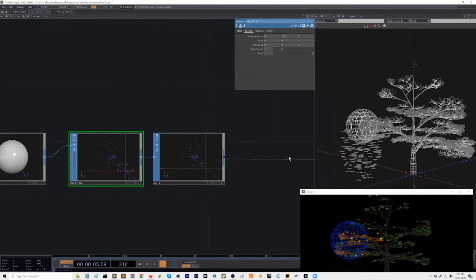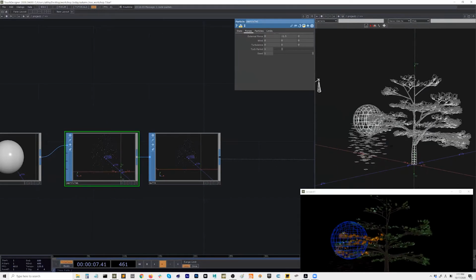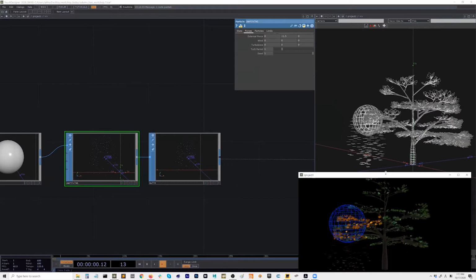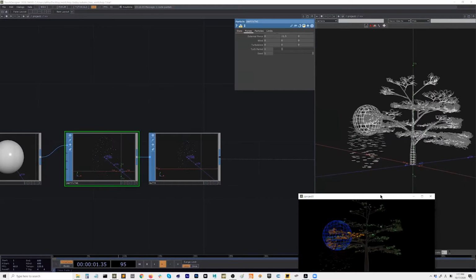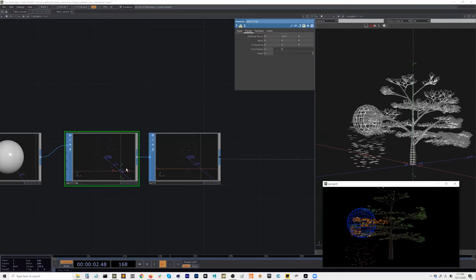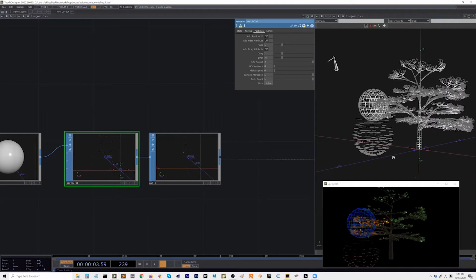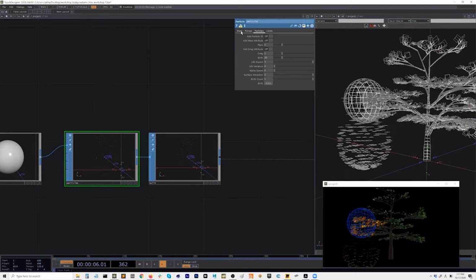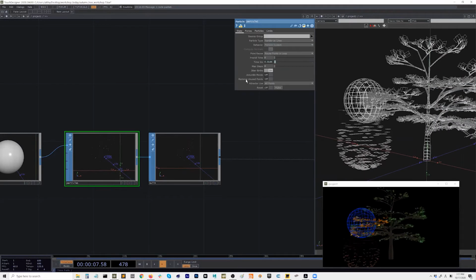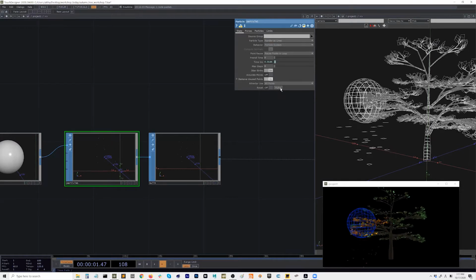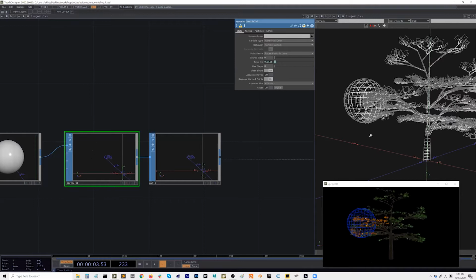And that's quite a lot of particles. I think we can reduce this amount of the birth rate to maybe 20. And you see some of them stuck there. If you turn on remove unused points, it will be gone. Just in case, reset it.